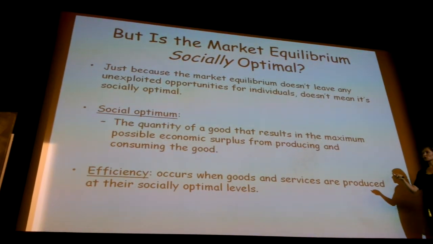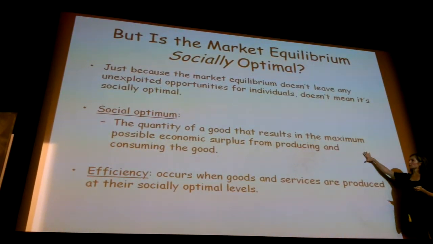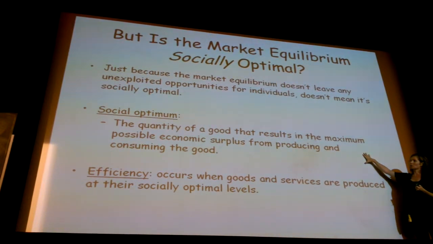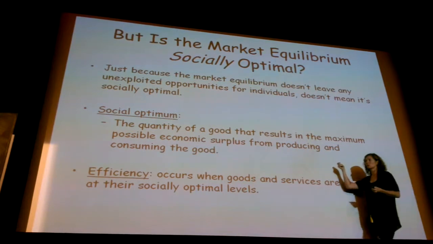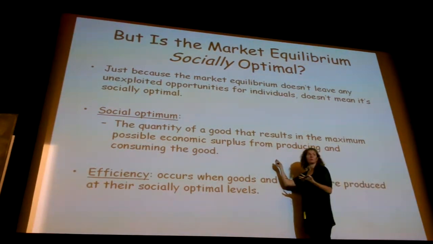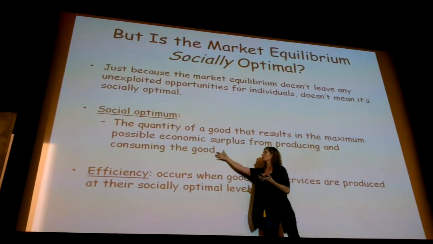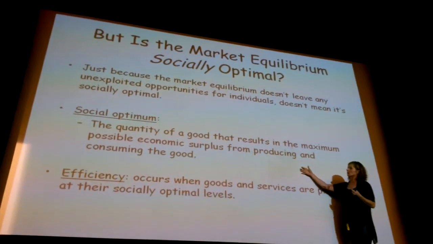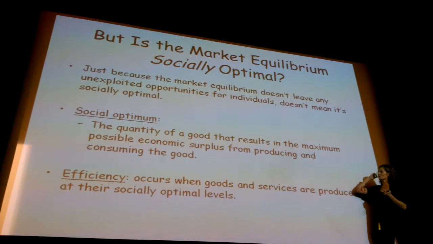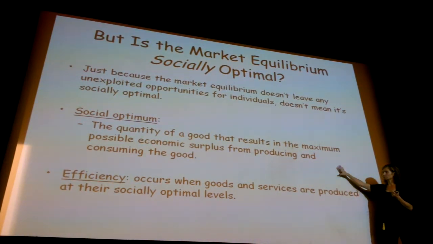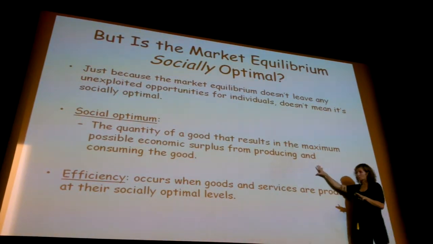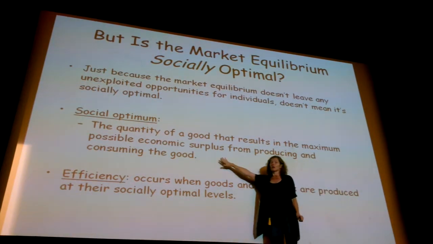Let me give you the definition for social optimum. That's the quantity of a good that results in the maximum possible economic surplus from producing and consuming the good. And here we don't just mean the surplus to consumers and producers, we really mean total economic surplus. Okay. And as I said before, there are going to be cases in which that equilibrium that we just